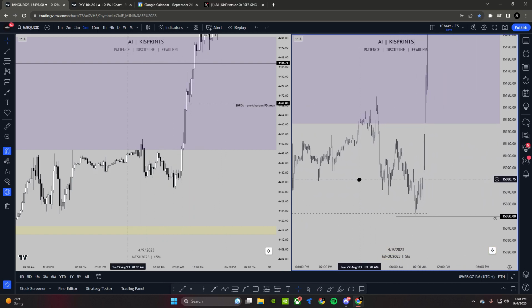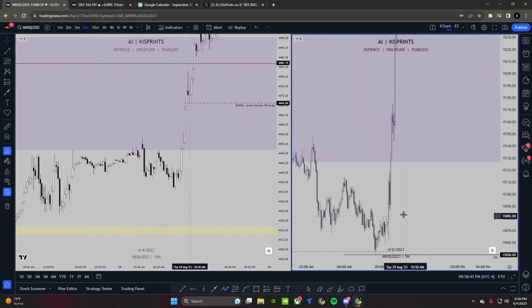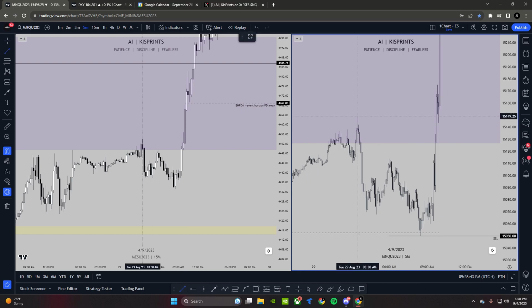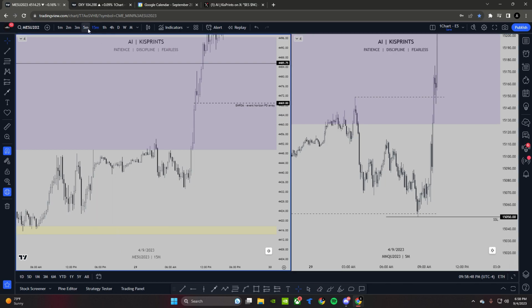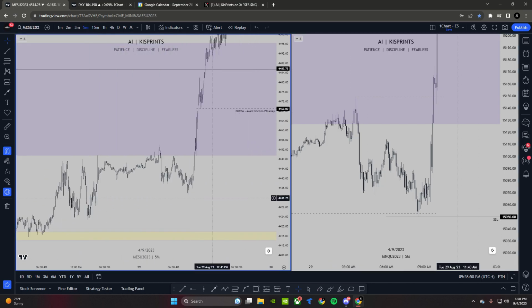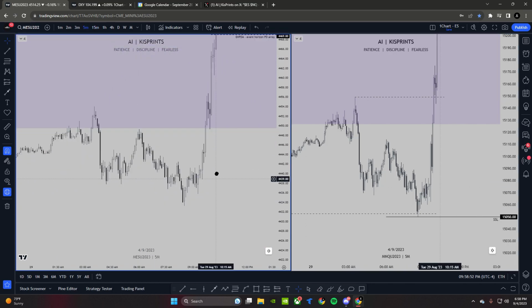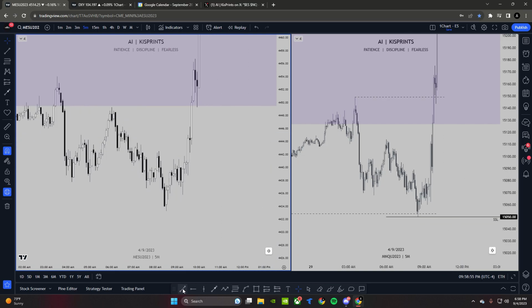So we have our high liquidity sweep tapping into that higher time frame PD array, and we can use this high as our breaker right there. For ES, our breaker would be right here, and we can see where it respected it. So